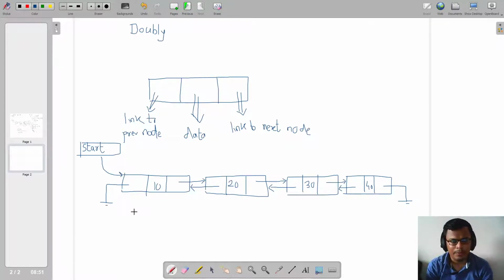Now we can also have operations on a doubly linked list like create at start, create at end, create at given location, delete at start, delete at end, delete at given location. Every time we do these operations, we have to make sure that we are considering our previous pointer also. While coding a singly linked list, we used to think of the next link of our node. Similarly, while coding our doubly linked list, we should every time think of the previous link also of every node while making any kind of changes.